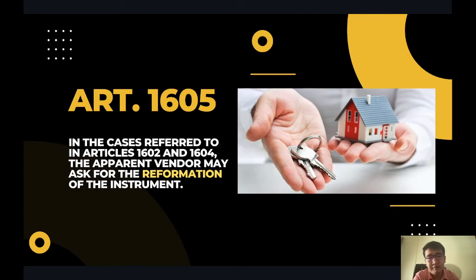Article 1605, in cases referred to in Articles 1602 and 1604, the apparent vendor may ask, this is now the remedy of the seller. Okay, the seller may ask for the reformation of